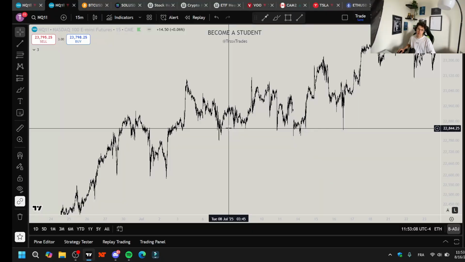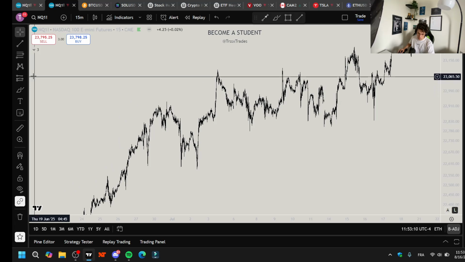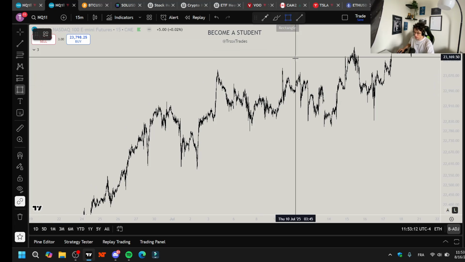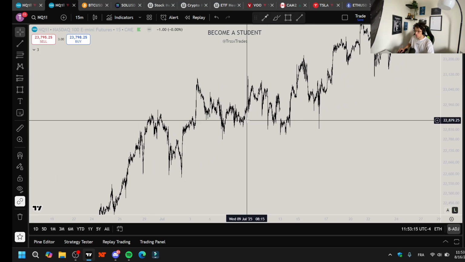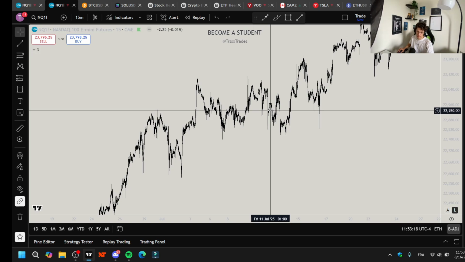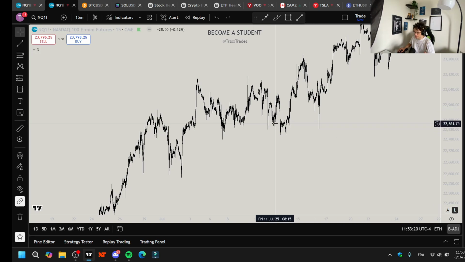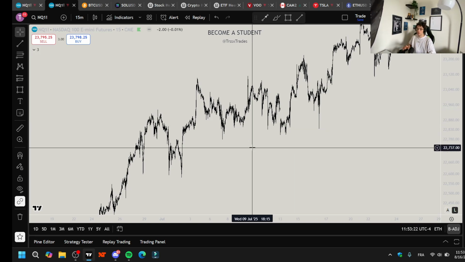So support, it supports you like a chair. Resistance, you cannot go higher, right? So with that knowledge, let's get on to the charts. All right, as for support, it's going to be fairly easy. You're going to take your box, right? And you're going to zoom out first on your chart, and you're going to look for an area where price reached multiple times but